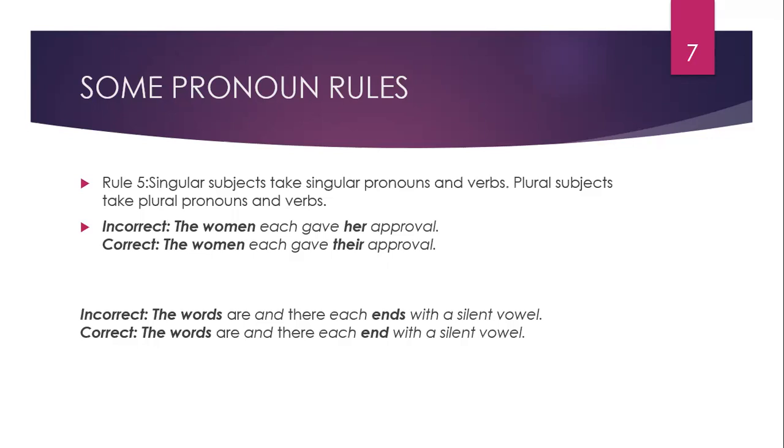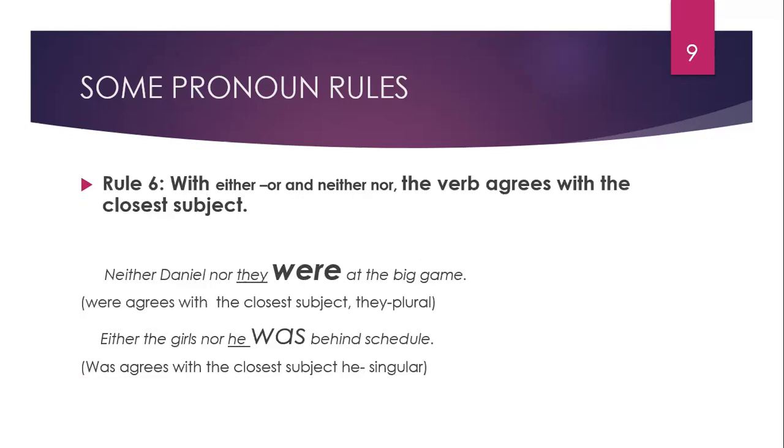This is different from the previous example that we looked at. Here, we don't have each of. The each is not followed by of. It's just each. And here, there must be an agreement. Subject, verb, pronoun, antecedent, agreement. Okay. The next rule says that if you use either or neither nor, the verb agrees with the closest object. It agrees with the closest